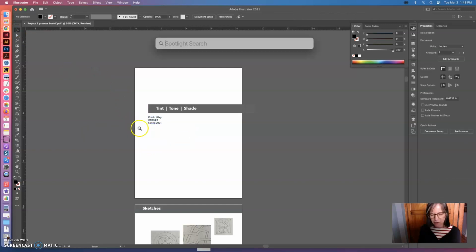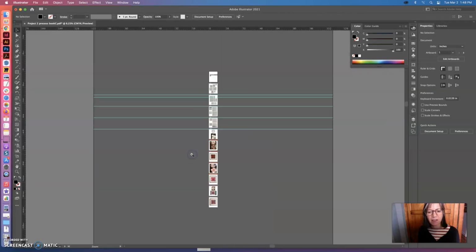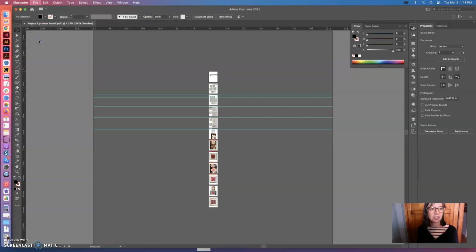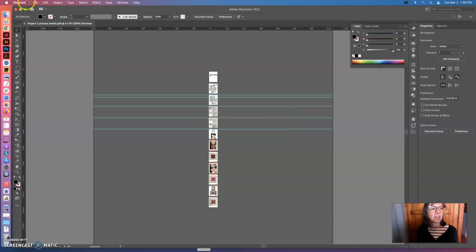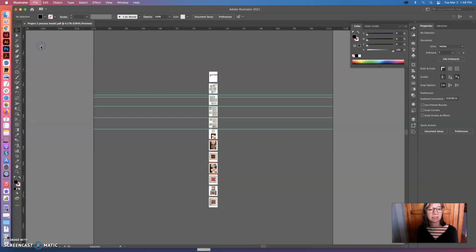All right, now the next step, if you remember reading in your instructions, you're supposed to make a PDF and it has to be less than 2 megabytes. So here I have my entire file, and I am going to save my file first. So save it as whatever title you want to give it. And this is a title for you, so something that makes sense to you. I have Project 2 Process Book. Okay. Now you're going to save as,